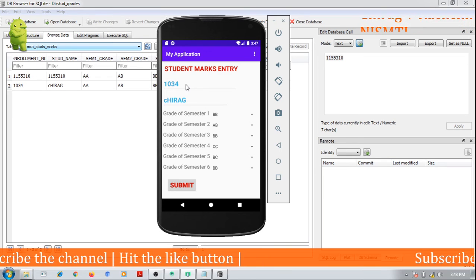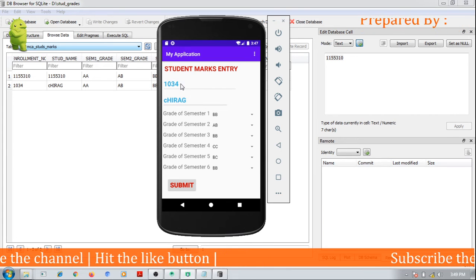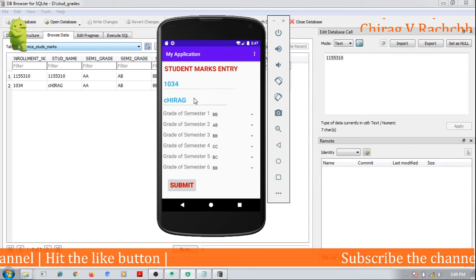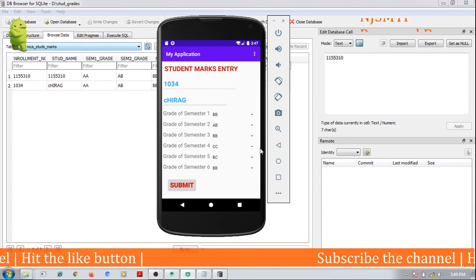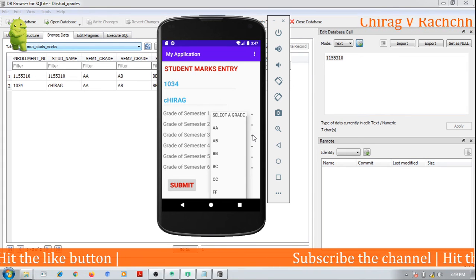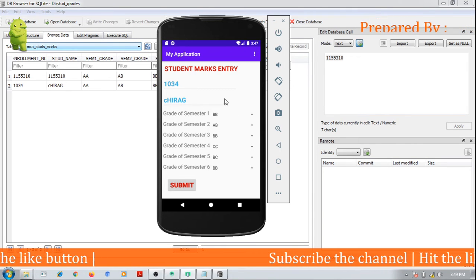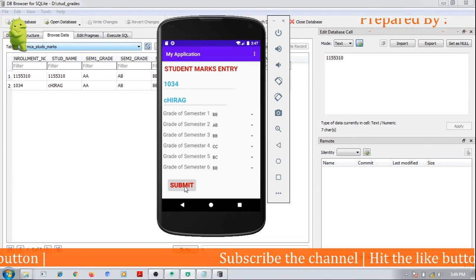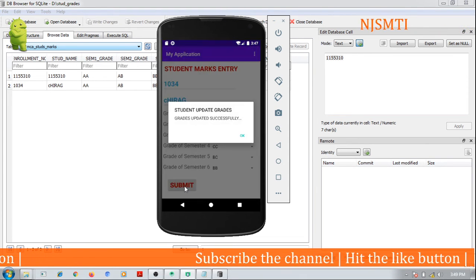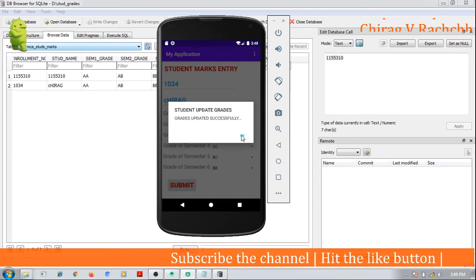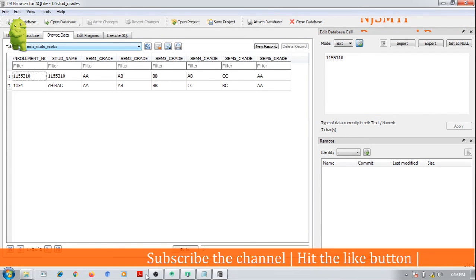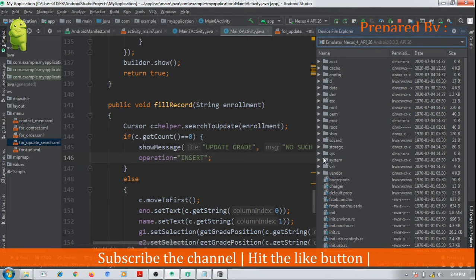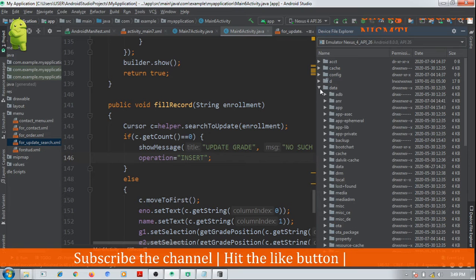Also we have to check that this enrollment number and name are not modifiable. Yeah, they are disabled. Now clicking on submit. Grades updated successfully. Let us check whether the grades are updated or not. Let us again save the database again,